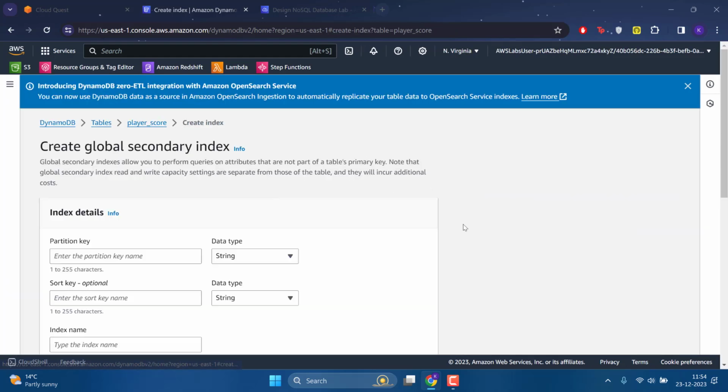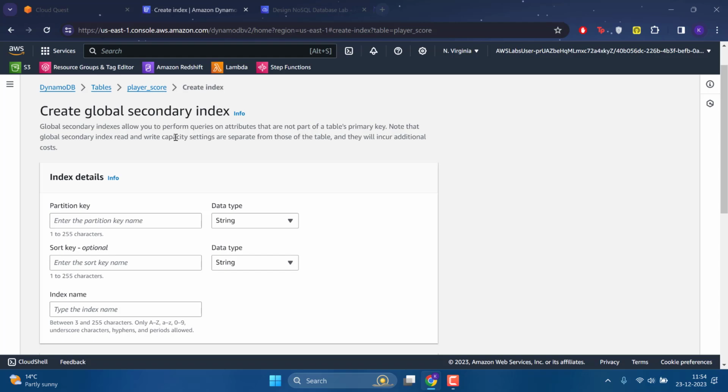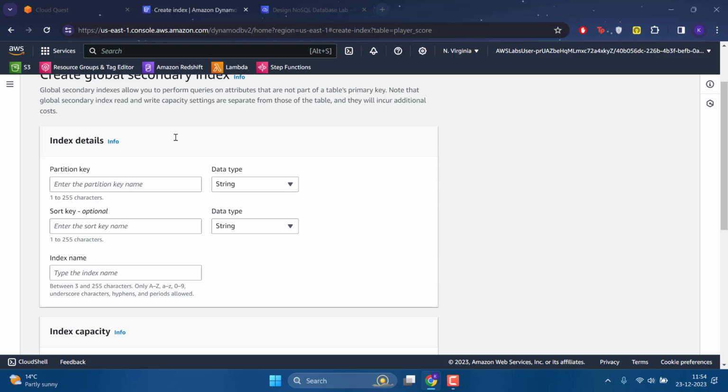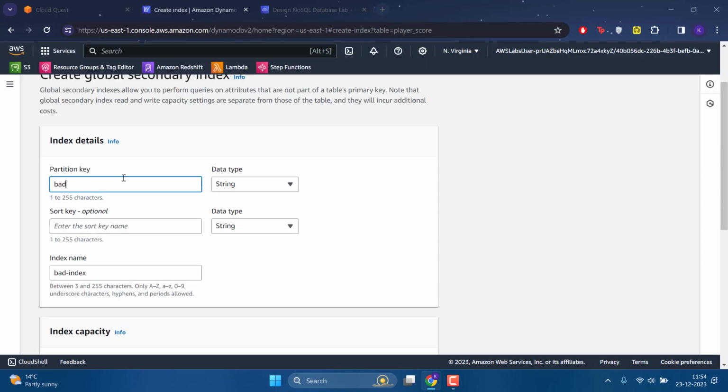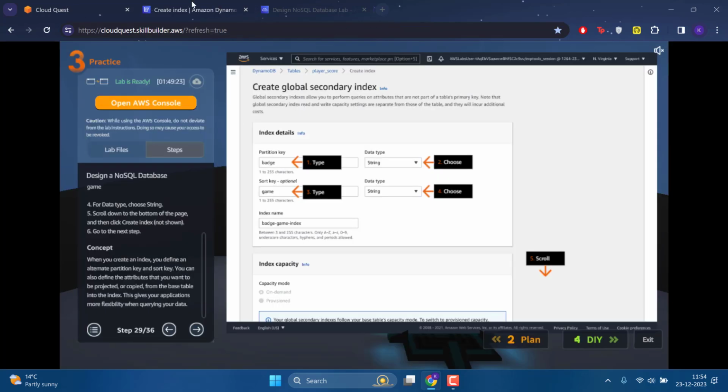Let's create index, and again you can only create a global secondary index because the table is already created. Local secondary indexes can be created only while you initially create the table. Partition key is what? Player name, I think, or batch. And the sort key was score, if I'm not wrong, or game.